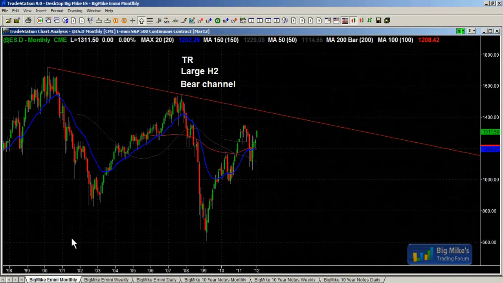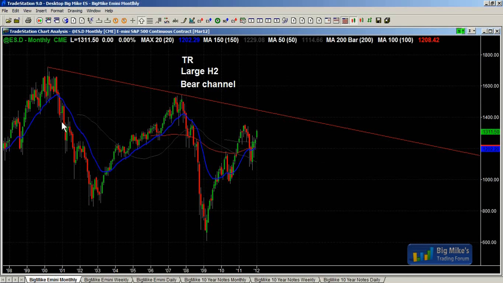That's a trading range. So the monthly E-mini chart, just like the Dow and the cash index, is in a trading range. We've had a sharp rally, but it's a bull leg within a trading range. I don't think this is a bull trend on the monthly chart. It can be a bull trend on a smaller time frame chart, but on the chart in front of me, I see a trading range, and I see that the market is in a bull leg.